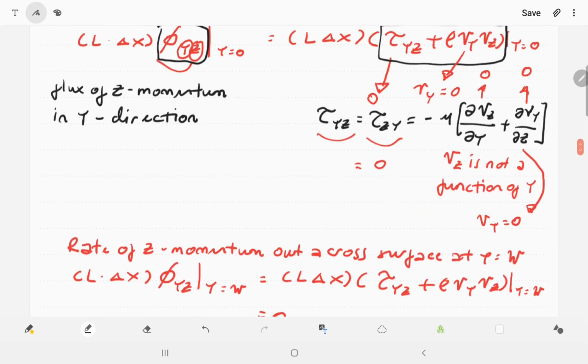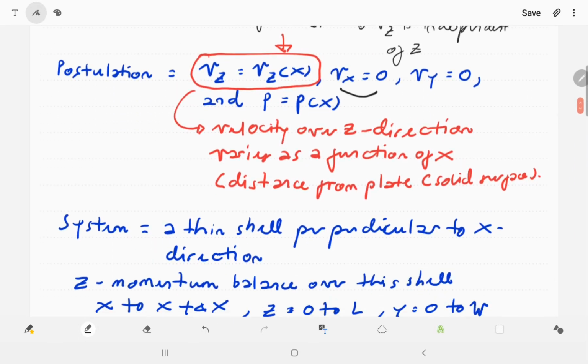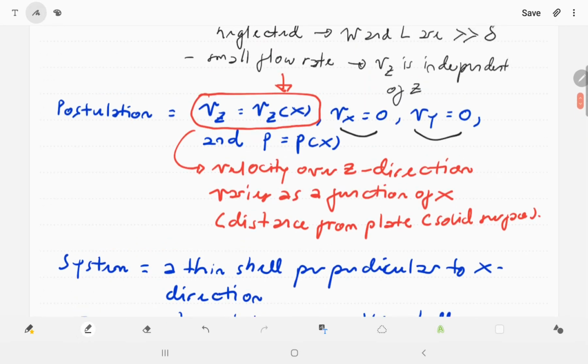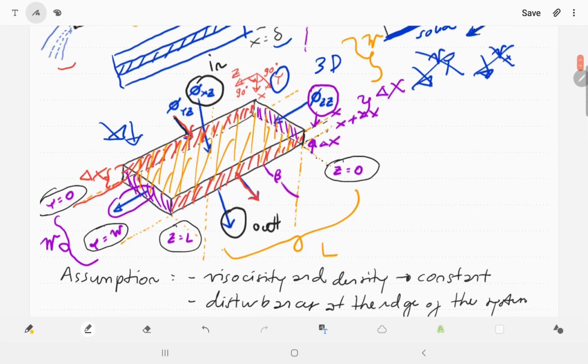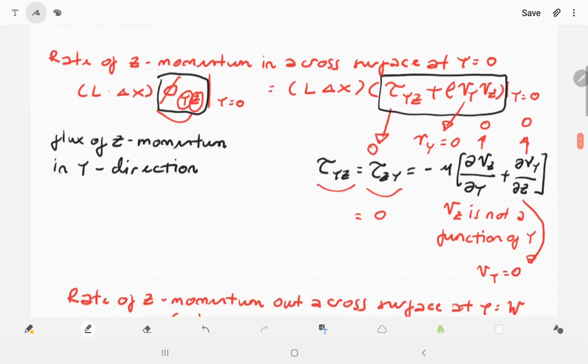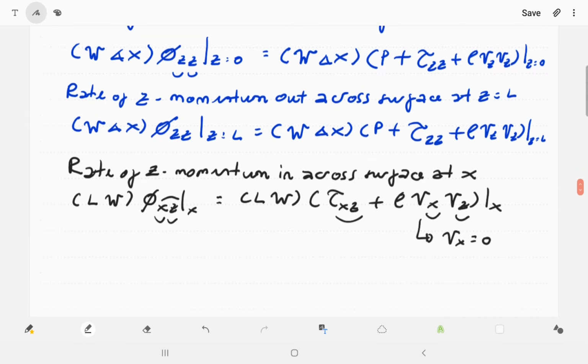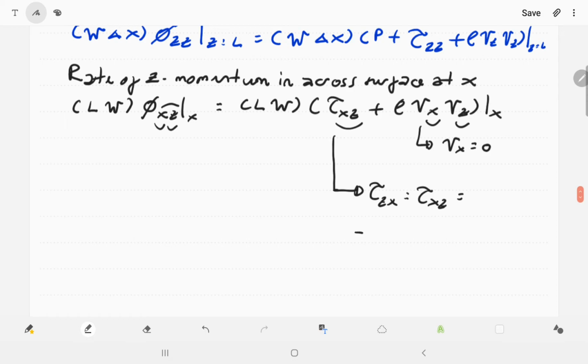Again, you look at your postulations in here. You note that the Vx is equal to 0, and then Vy is equal to 0. So now we are almost done with inspecting the six momentum components. The thing that is of interest is the momentum. All the momentum components need to be considered to get the derivations. And then this one will be tau Zx equal to tau Xz, which will be equal to minus mu